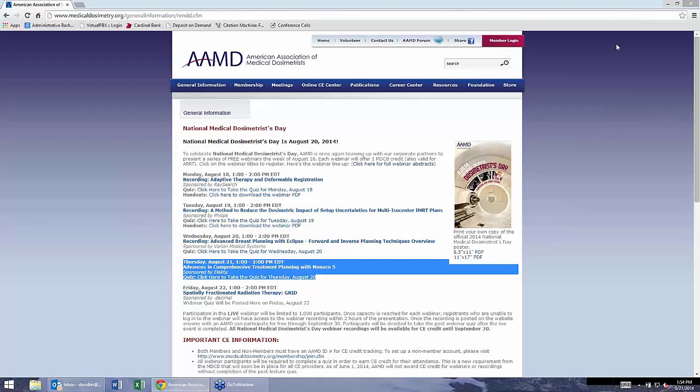Can Monaco work independent of CMS Focal? Yes, it can. Actually, the tools in Focal are already inside of Monaco. You don't need to have Focal